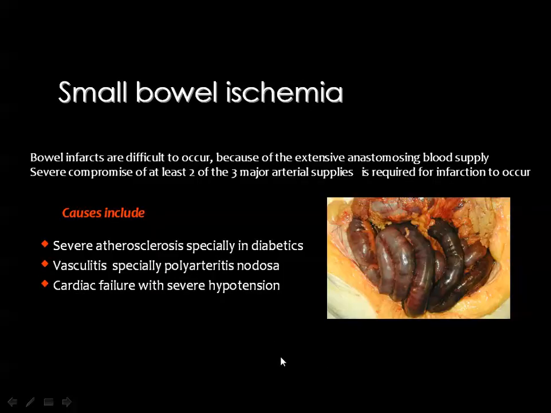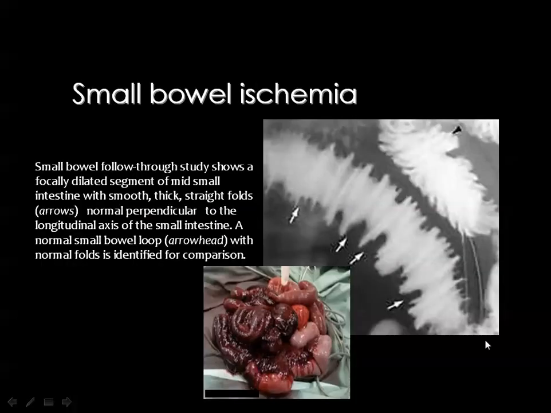Small bowel ischemia is also one of the causes of acute abdomen, and the causes of small bowel ischemia may include arteriosclerosis, especially in diabetic patients, and vasculitis, mainly in cases of polyarteritis nodosa, cardiac failure, and severe hypotension. And the small bowel ischemia has many appearances in imaging, and you can remember the